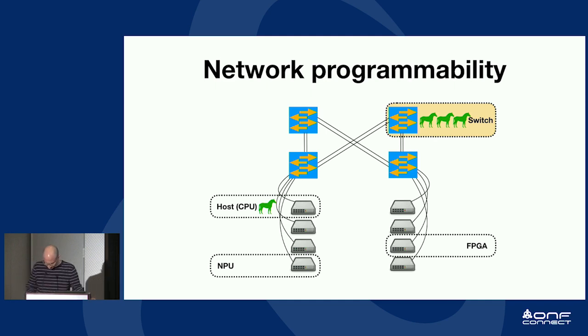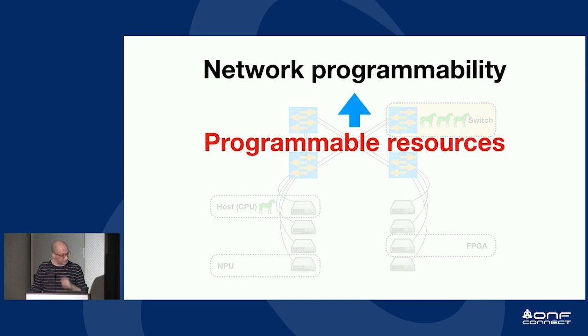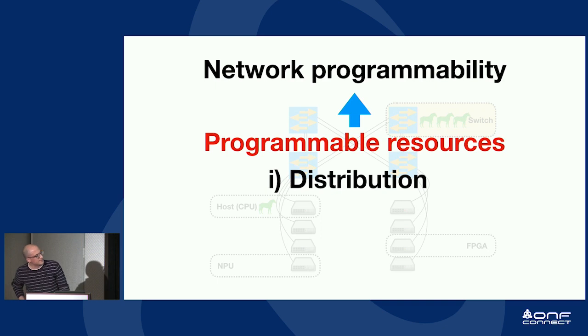But conversely, the throughput that one can expect because of that constrained nature of the execution is higher. So let's stand back a bit and kind of take stock of the features we've come across so far. And I think we can look at network programmability as the management of programmable resources, right? So I know management maybe sounds like a far less sexy word than programming, but that is at the heart of what's happening here. And we need to manage things carefully. And as I mentioned earlier on, one of the problems that we have is distribution, because we have a distributed system, so there's no avoiding that.